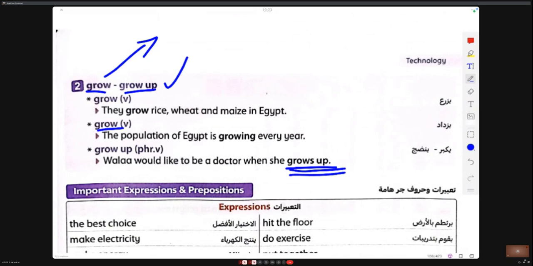Grow maybe means increase. The population of Egypt is increasing or is growing. They grow rice, so they plant rice, wheat and maize in Egypt.